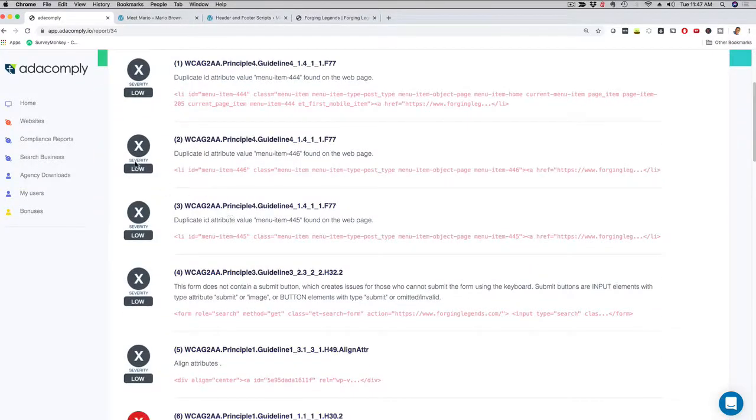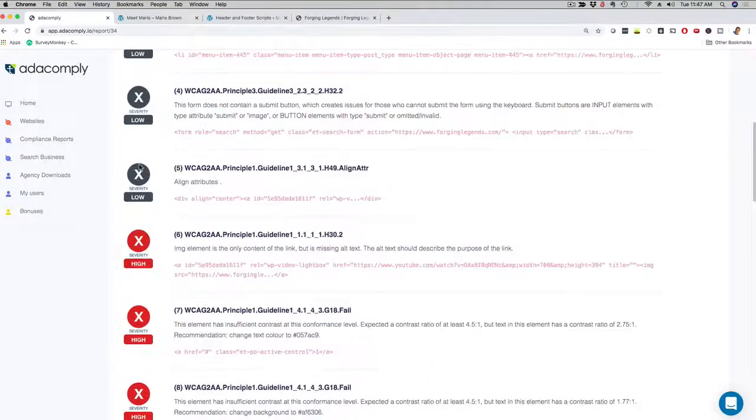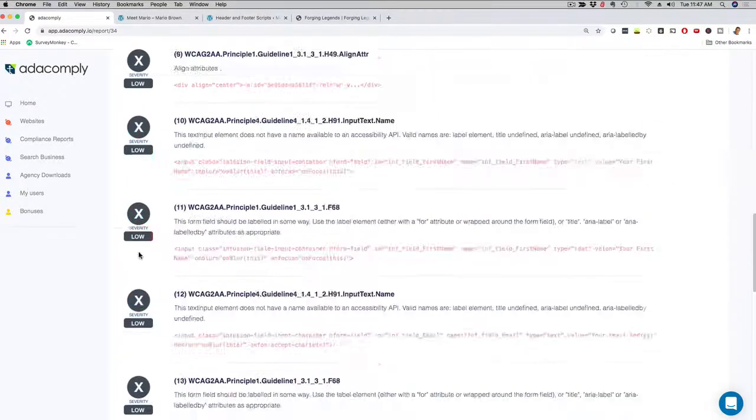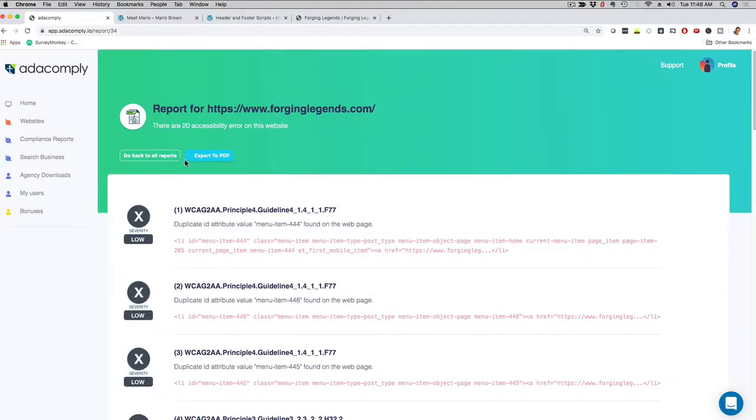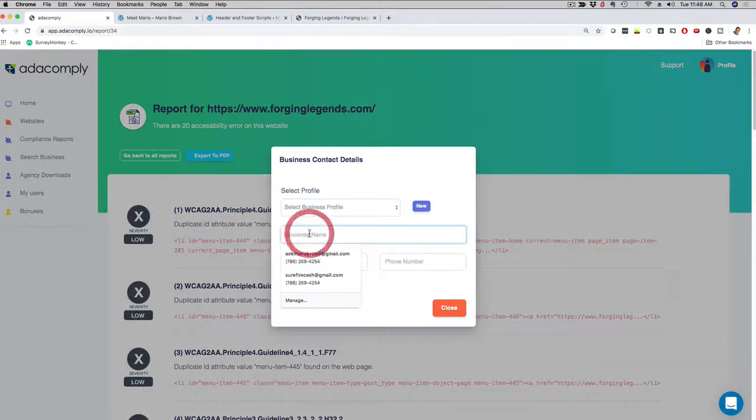Now here you can see the severity. It shows me here low severity, but here also it shows me high, okay? Or medium, for example, all the breaches of the requirements. Now what I can do, check this out. This is really cool. I can click here on Export PDF, and you're gonna see in a moment why this